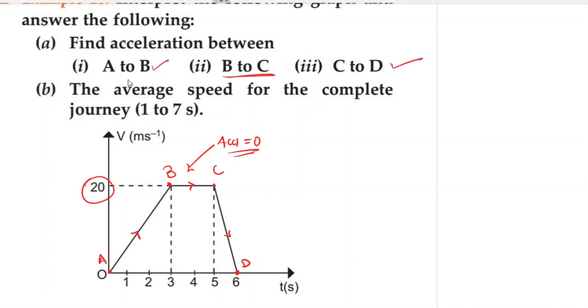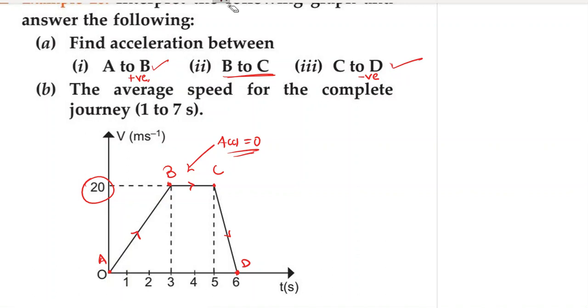Let me give you one more hint. The acceleration from A to B will be positive and the acceleration from C to D will be negative. Why? Because A to B is an accelerating graph and C to D is a retarding graph. These are like stairs and this is like somebody rolling down a slide. You remember, right? Okay, one more hint: the magnitude of acceleration from A to B will be higher than the magnitude of, oh, I'm sorry, I said it the other way around.